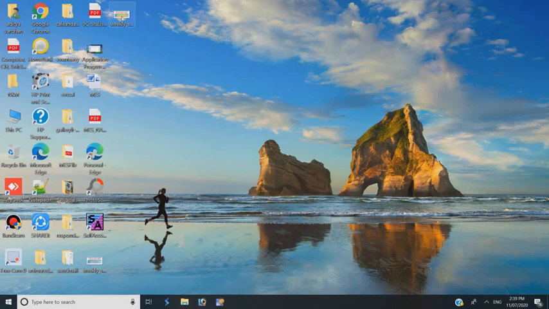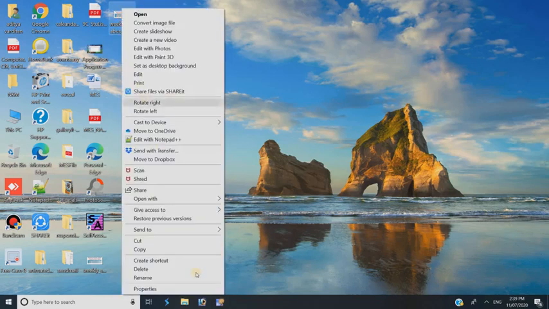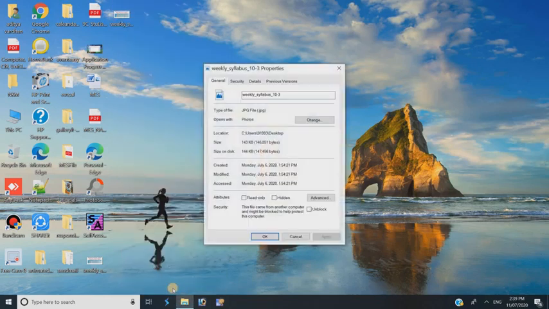Second, how to make a file hidden from the desktop. Right click on the file icon, go to the Properties option, and adopt the same way. The General tab should be opened, because this is the Properties dialog box of the related file. Bring the mouse pointer near to the Hidden option and click in its checkbox. The checkbox of the Hidden option should be active, and after that, apply.